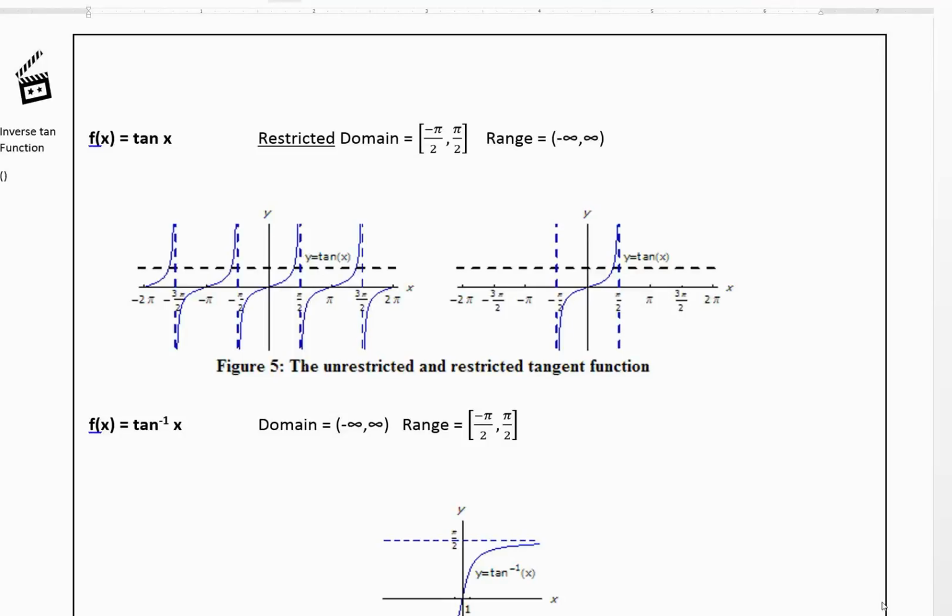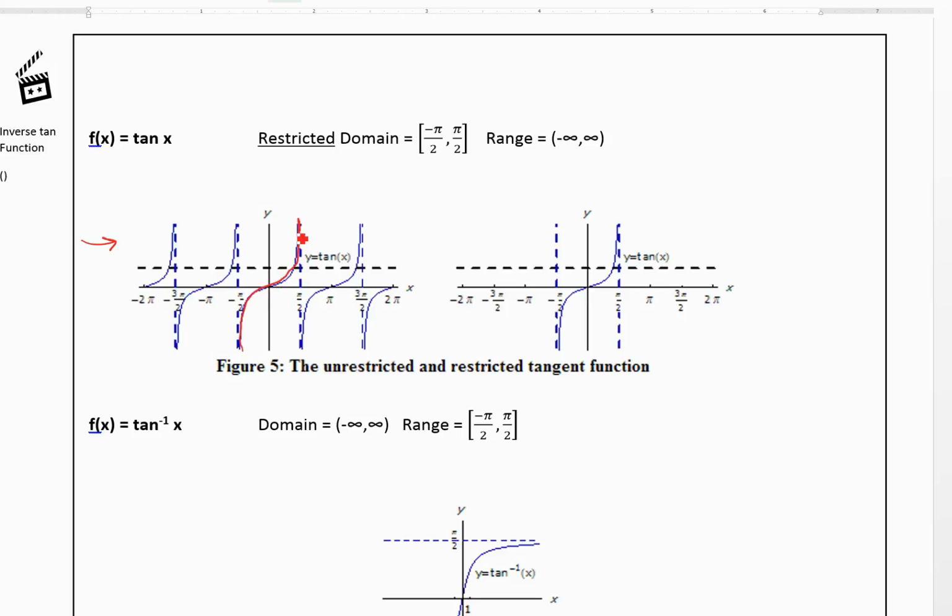Okay, so we've talked about the inverse sine and the inverse cosine functions. We now want to talk about the inverse tangent function. So here's our tangent function, and we see we get all these little disjoint pieces. We need to restrict the domain so it passes the horizontal line test. So we're going to take this part